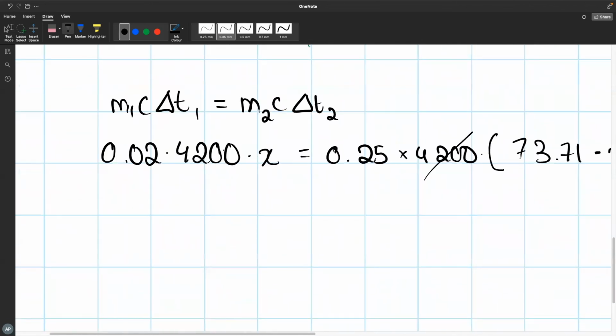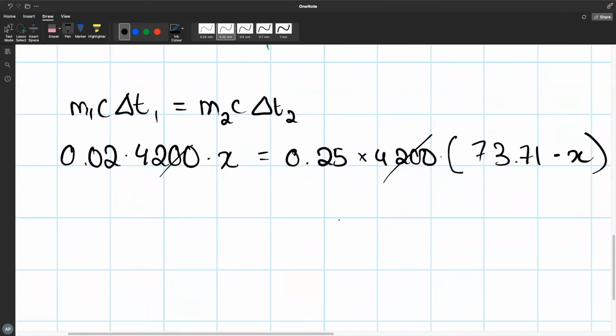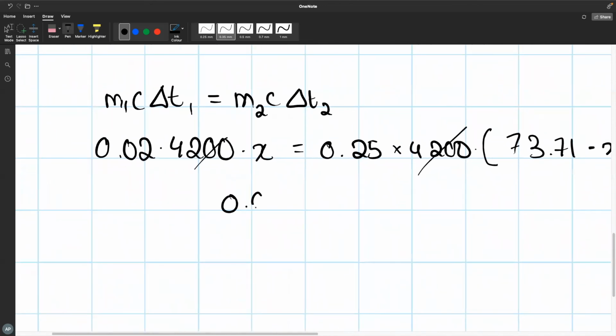Now we can cancel these two out, and to rearrange for x, we can do as such. So 0.02x is equal to, now we do some slight calculations. We can expand the bracket, given that we cancel 4200, we can do 0.25 times 73.71,